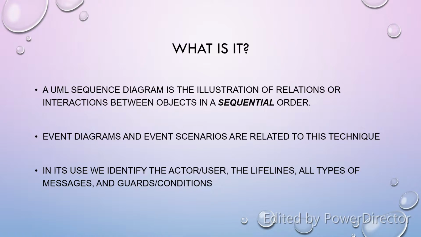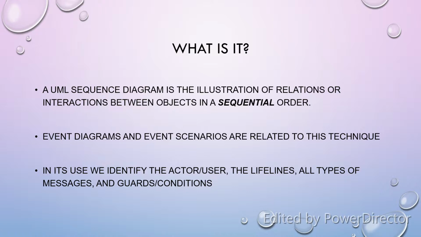First, we identify the actors, which are sometimes called the users. We identify lifelines, which can also be described as function calls, functions in the program. The messages, and this includes all messages from function calls to reply messages or returns, or many different kinds of messages which can be used in the program to help it run. And lastly, we also identify guards or conditions in which the function will expect a certain response or a certain